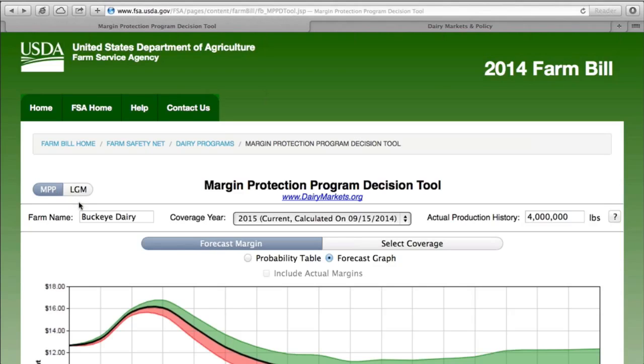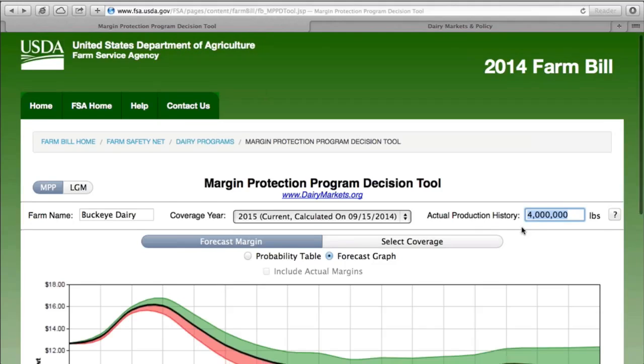Oh, this is a great question. Whoever submitted this, I'm really glad. It says, how does the program apply to dairy expansion? Do you have any tools to compare MPP to our own margins? And how do I determine my actual production history? Well, let's look at the production history. It's one number. It's one decision point that you need in the tool. But if you don't know what that is,